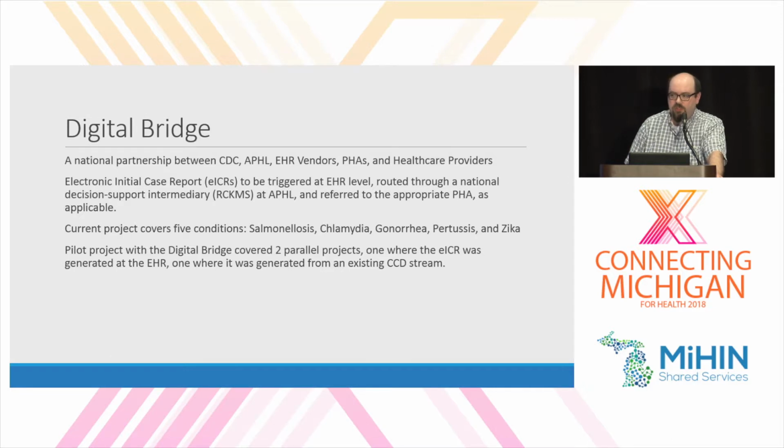And of course, since this was kind of a pilot project that we had signed up for, we were only really looking at 5 conditions: Salmonella, chlamydia, gonorrhea, pertussis, and Zika. Zika being, especially last year and the year before, kind of the emerging public health threat. Of these inside of our area, chlamydia and gonorrhea and pertussis were really the ones that the local health clinics would be dealing with, because a lot of times you're dealing with local STD clinics, pertussis being whooping cough. This is a big problem in some areas as well.